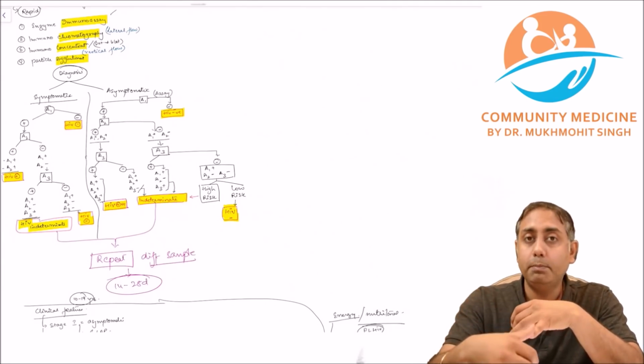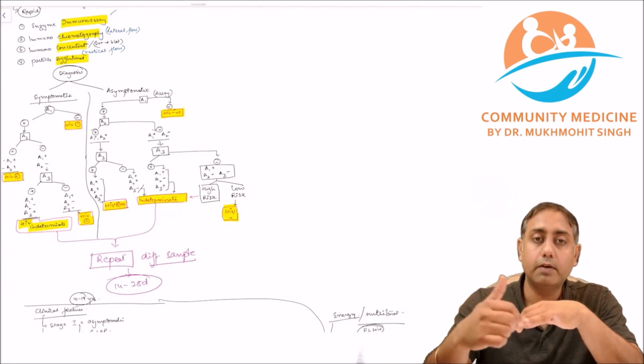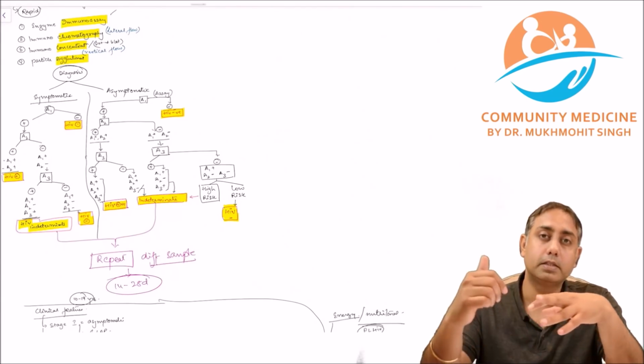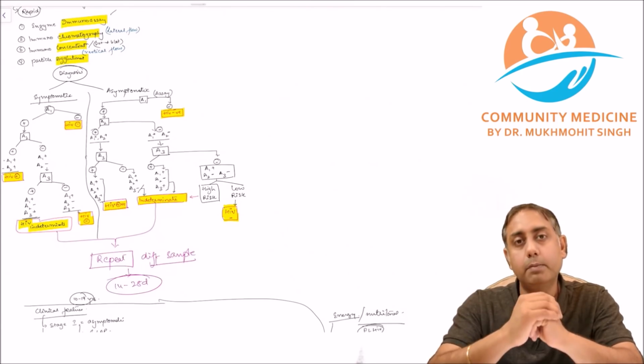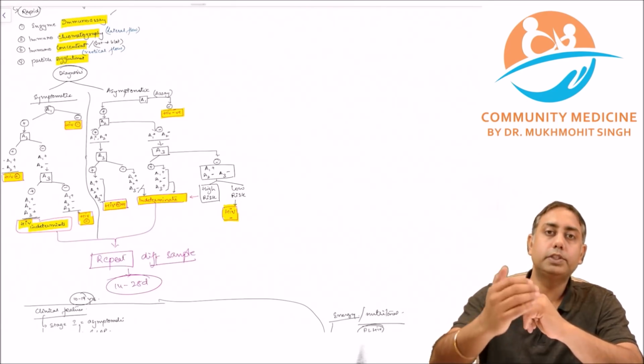You can have CPT prophylaxis, you can have PCP pneumonia prophylaxis, INH prophylaxis. So there are many things to be discussed regarding treatment and management of these cases, which we shall discuss in the